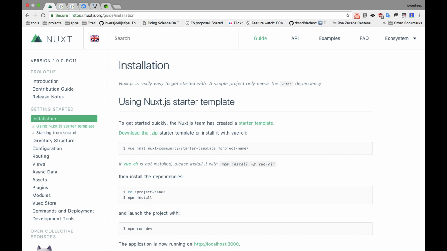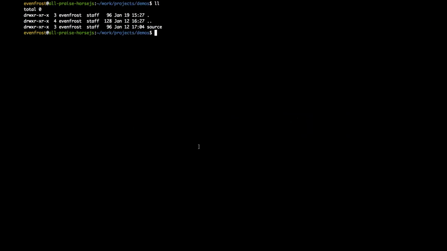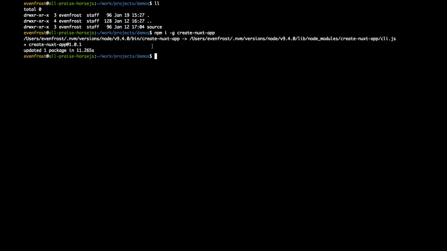So Nuxt.js has pretty great documentation with a getting started tutorial, and it allows us to create a starter template from GitHub, but there is a newer method of bootstrapping your Nuxt.js application, and this method is called create-nuxt-app. It's like create-react-app just for Nuxt. And in order to use it, we install create-nuxt-app as a global npm module. Let's wait a bit. So it's installed now,